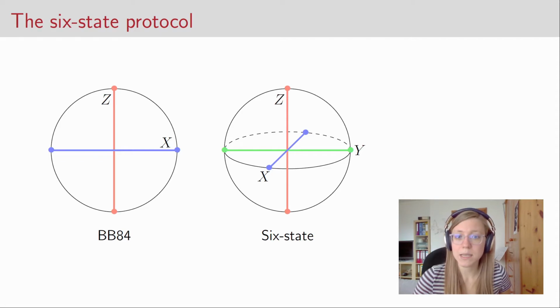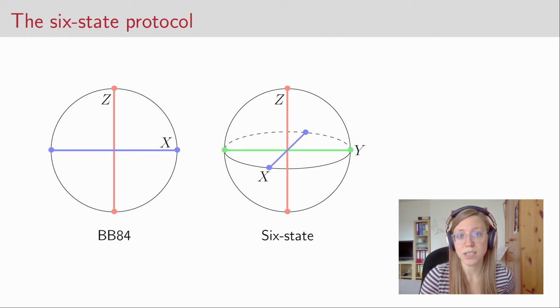Of course, this means that in the sifting step, Alice and Bob have to discard more bits, because now the probability that Bob has chosen the wrong basis is 2/3 instead of 1/2. But the advantage is that Eve has even less knowledge about which basis she should use to measure the state in. And therefore, she would introduce more errors to the key bit that Alice and Bob can see in the